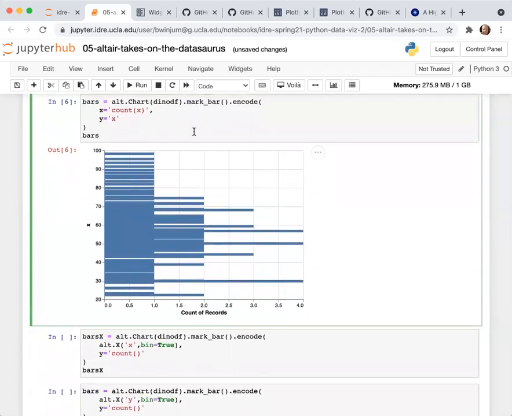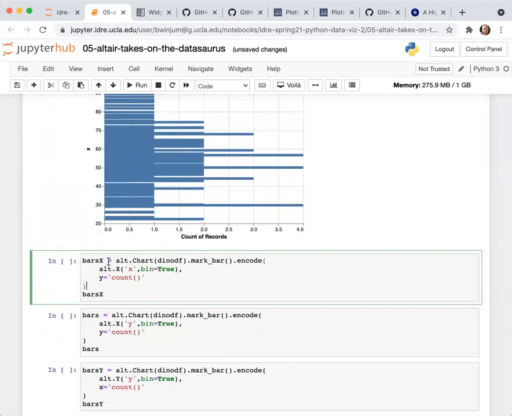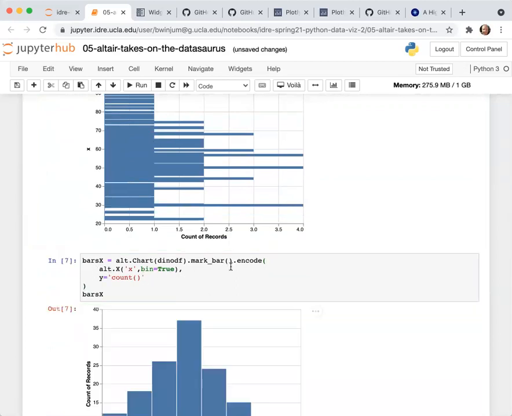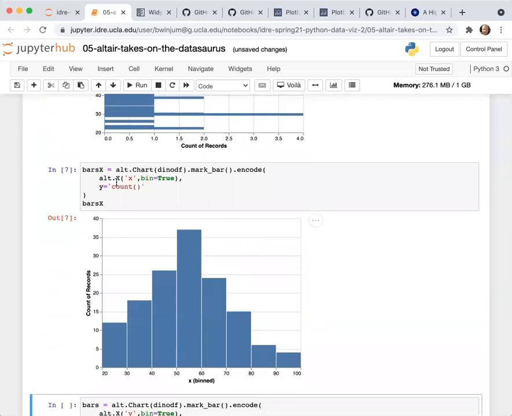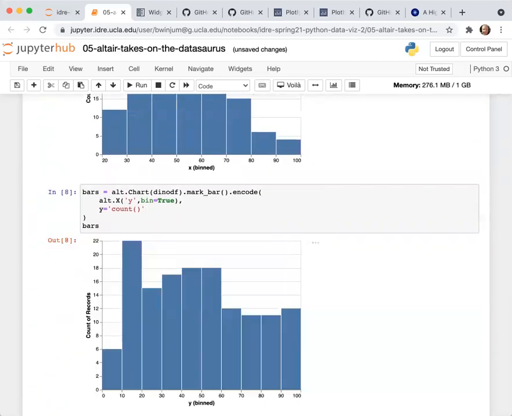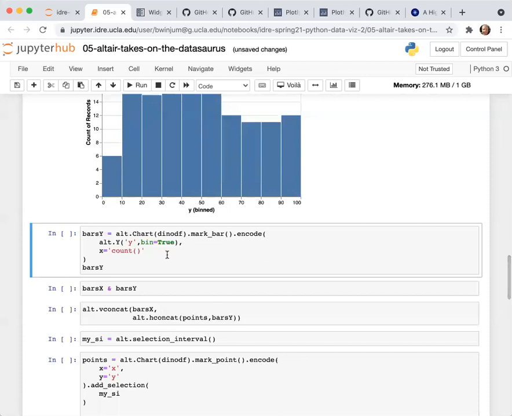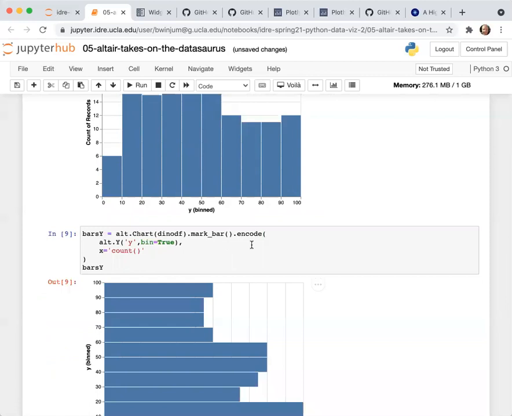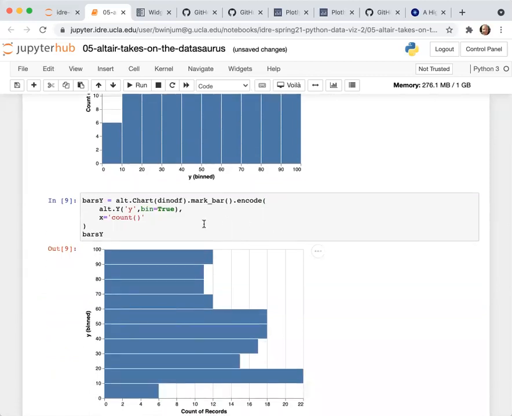Really probably what I want is a histogram rather than a bar plot. So this is relatively spiky, with 1, 2, 3, or 4 values. You can generate a histogram as a bar, but instead of passing in the count, you tell it to bin the values. So this will generate a bar plot. And then you can generate a bar plot similarly for Y. Really what we want to do, you might see where I'm going. So I've generated a scatter plot and a histogram plot for X and a histogram plot for Y.